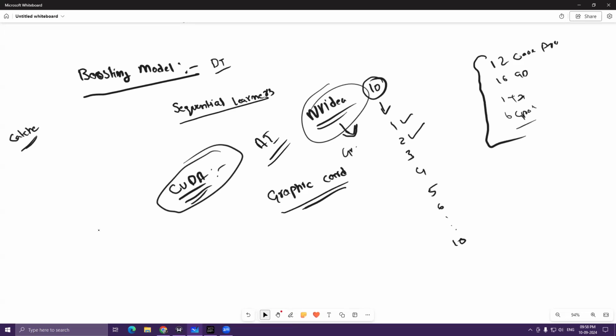Somewhere around 2015 or 2016, when they were working with some artificial intelligence model, they were not able to utilize 100% of the capability of the CPU. The internal engineers came up with an idea: why don't we use our graphic card, which we are going to install in every system or designated system, for computation,